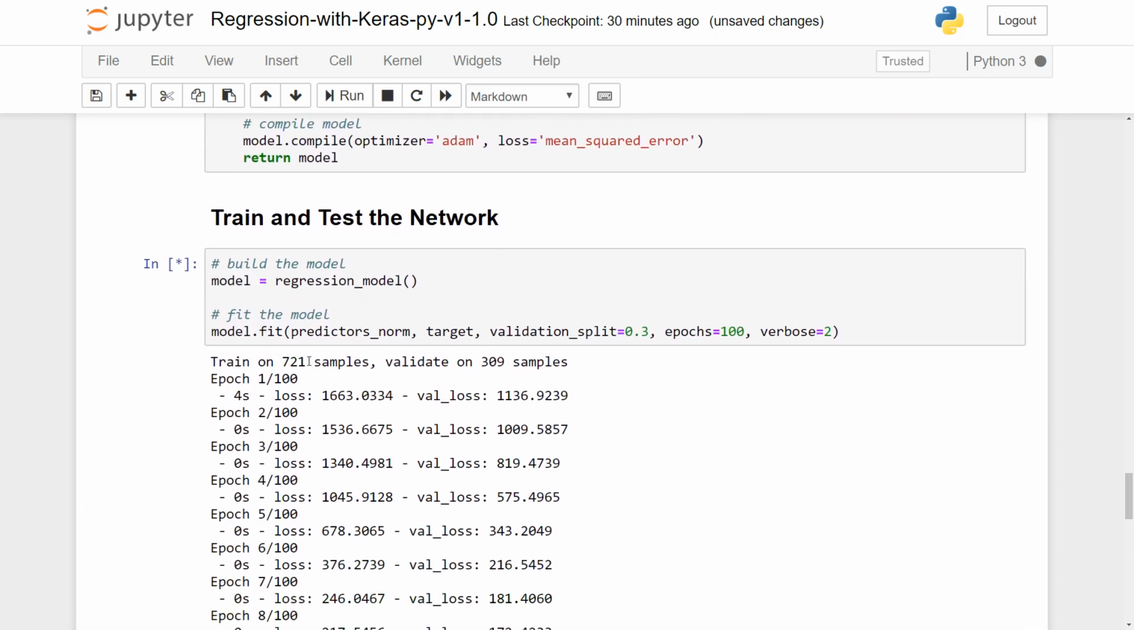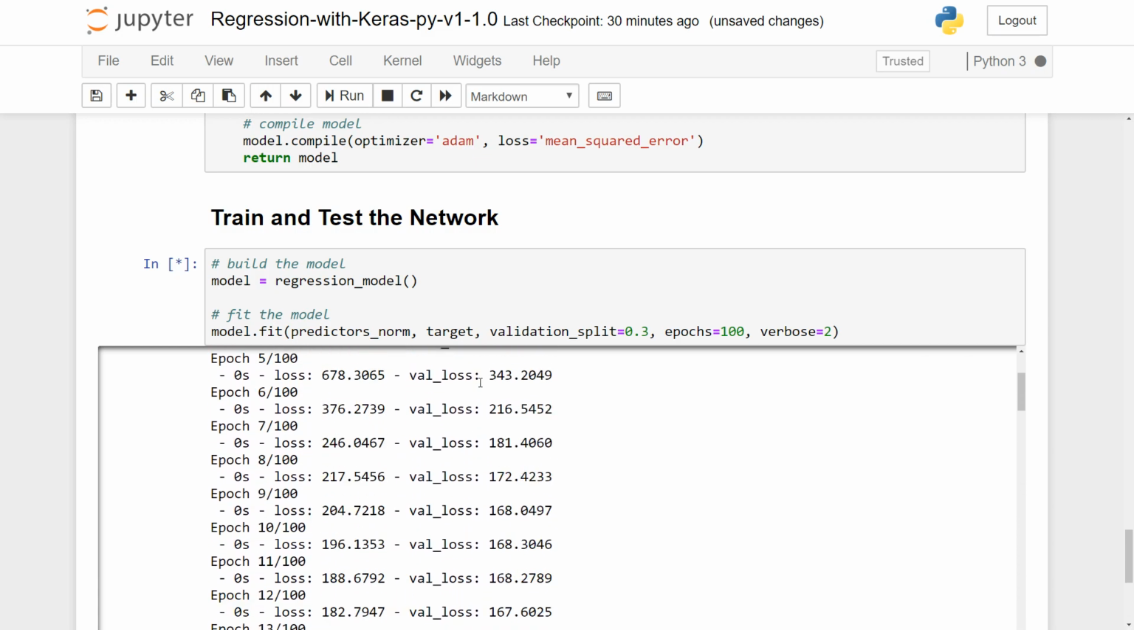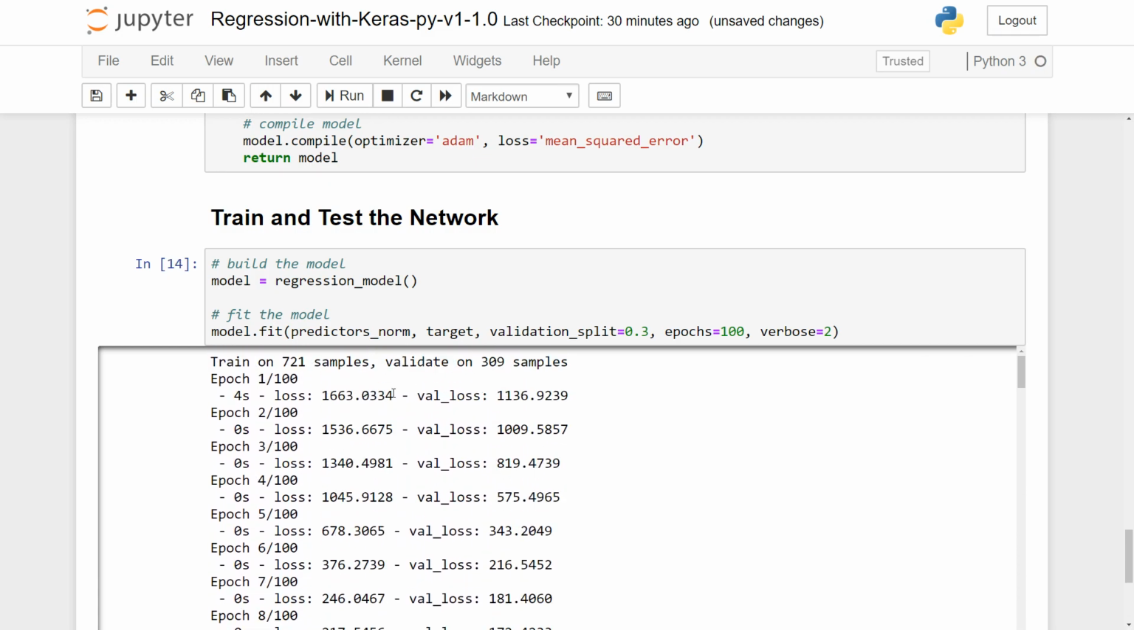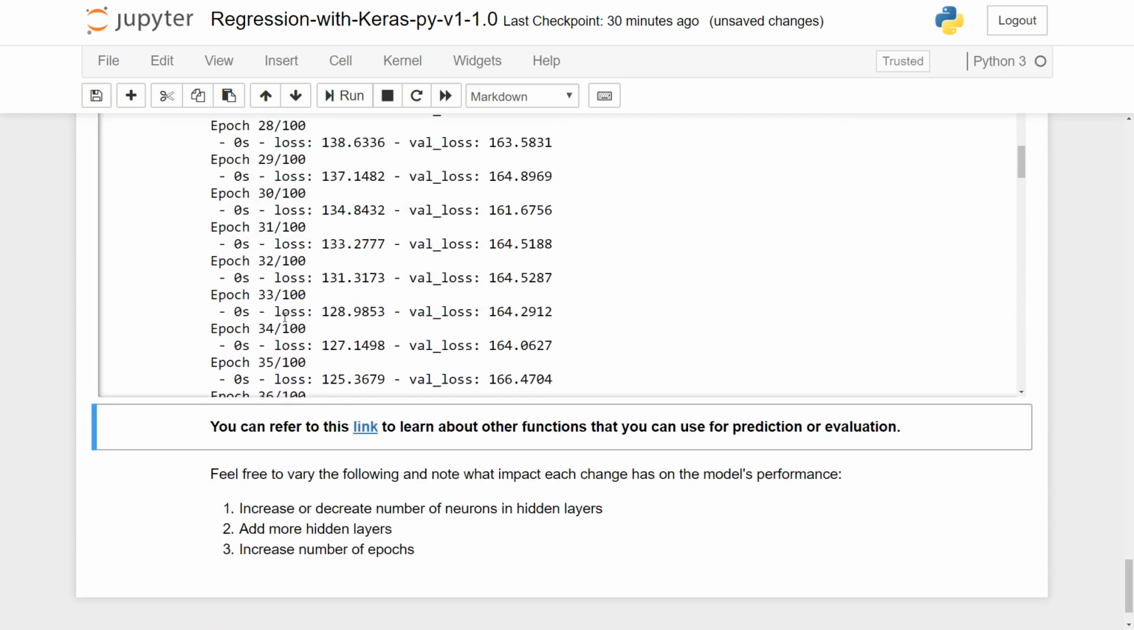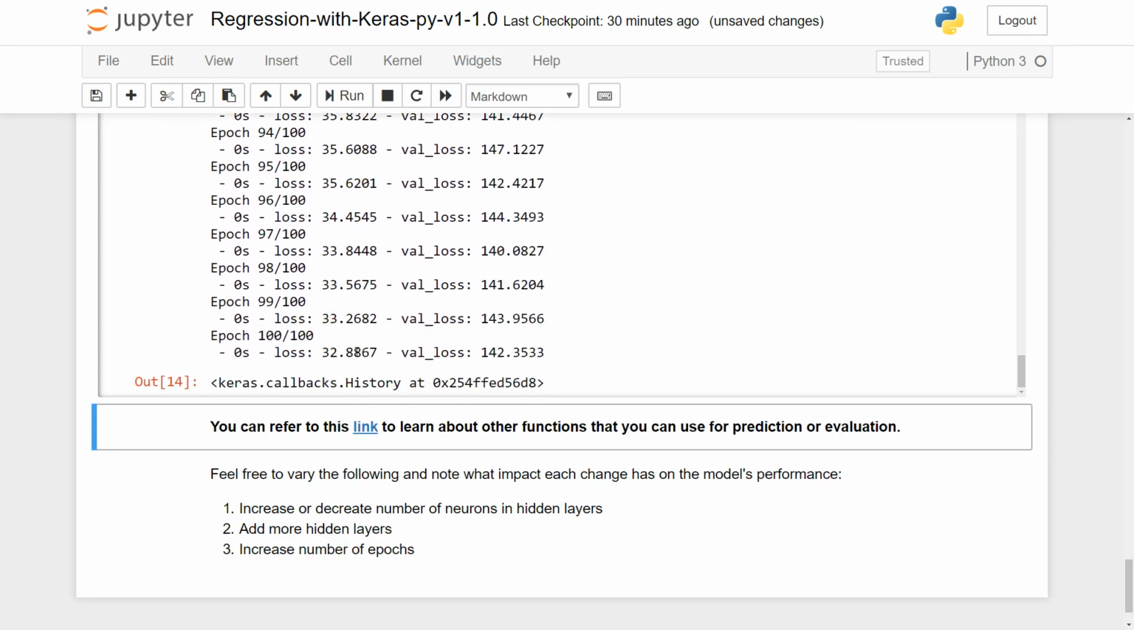As you can see, it's trained on 721 samples, and we validate on 309 samples. And this is what it's doing. It's running the test. And there we have it. So here we have the loss and the validation loss. And a key thing is that the validation loss should always be a little more than your loss,